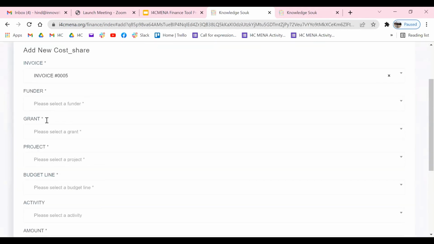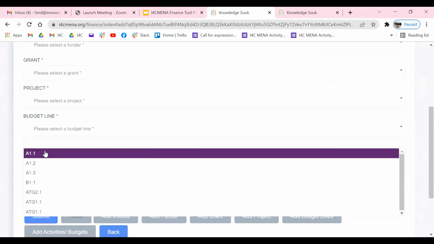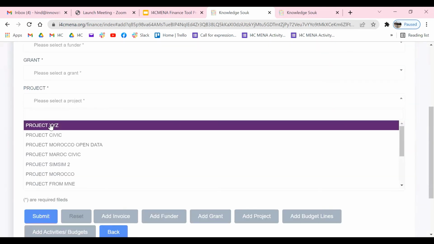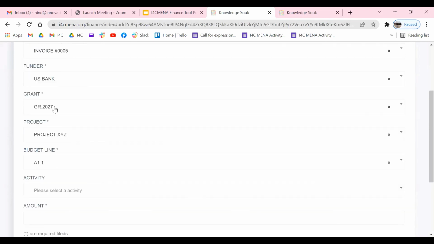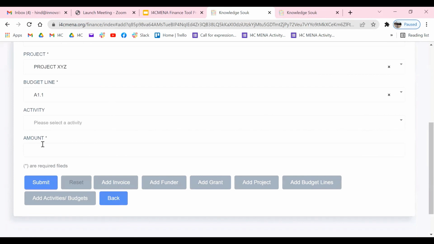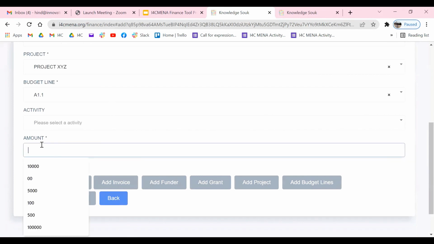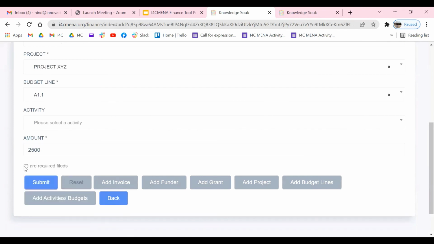You can select the funder, grants. I'm going to select it first. So here, grants, US Bank, for example, and we allocate the remaining amount here, and then we submit.